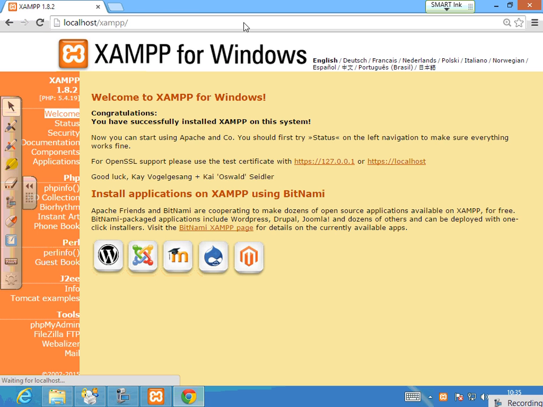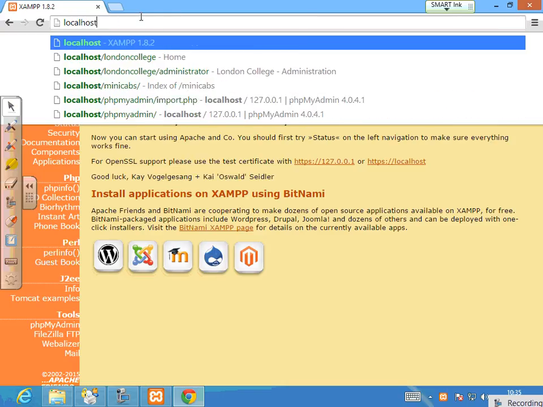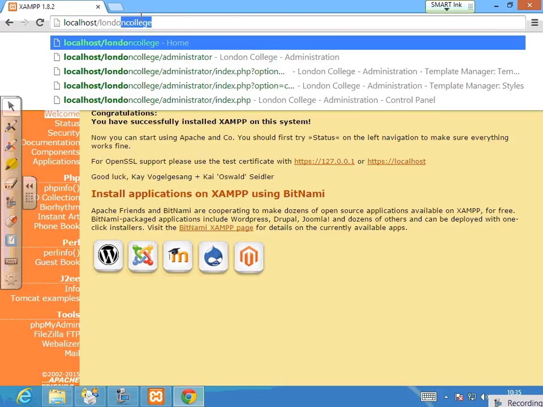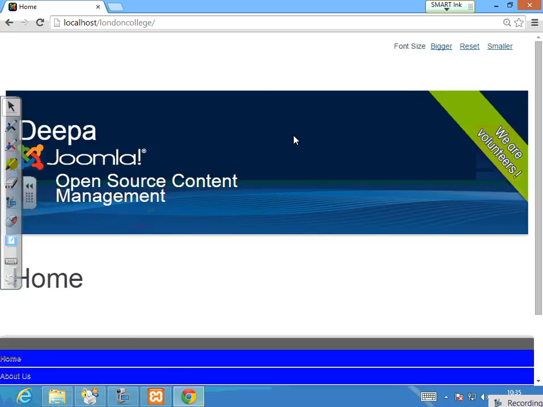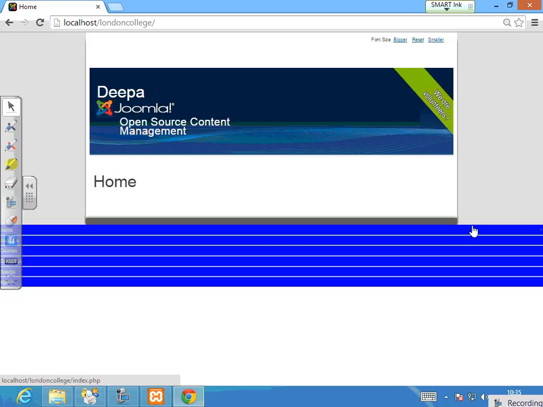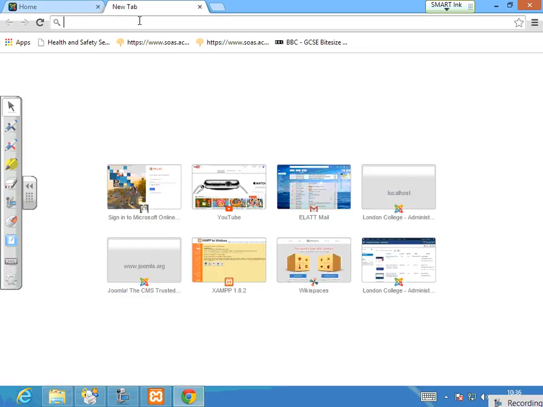So our example is working, and if I say here localhost / London College, I think in a few previous exercises you might have used it, with your class, I think? That's the Joomla website. It doesn't matter how it looks, but that's how it is. But if now I write this and write administrator,